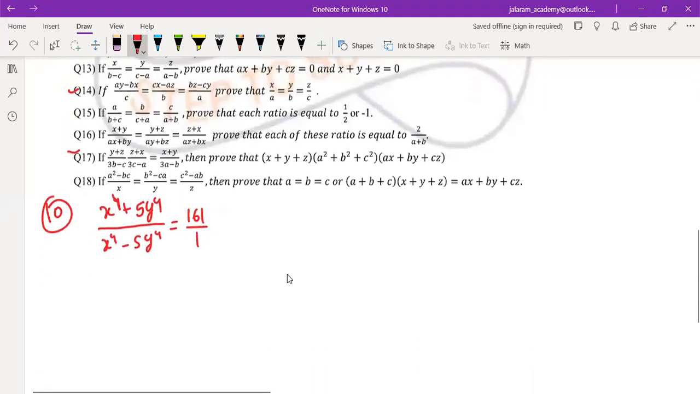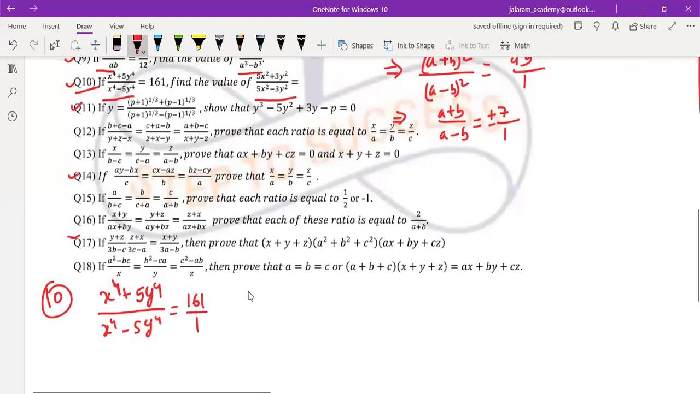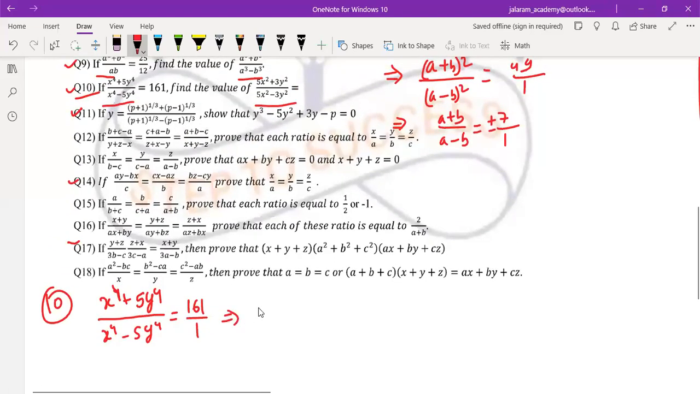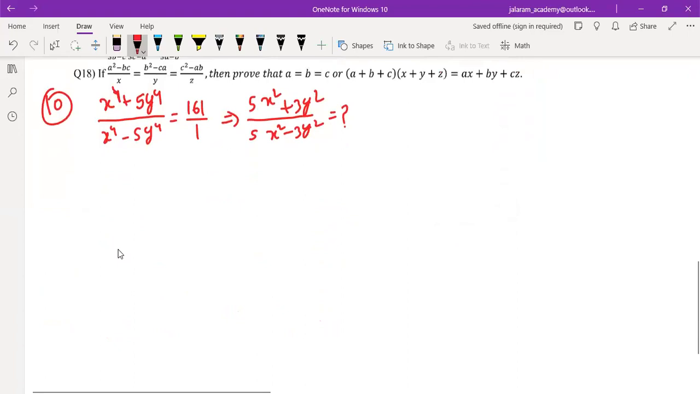So first of all, what we have to find, write it in this line: (5x^2 + 3y^2)/(5x^2 - 3y^2). Okay. So now use